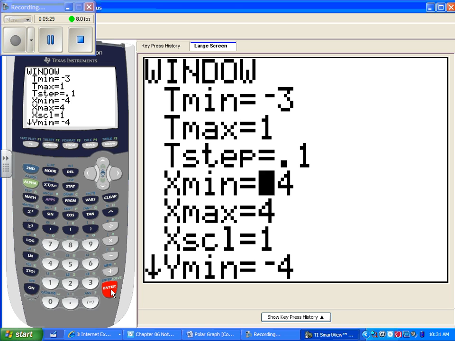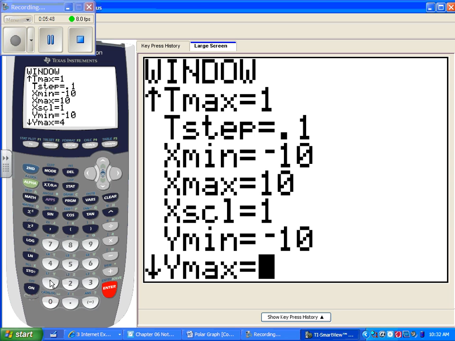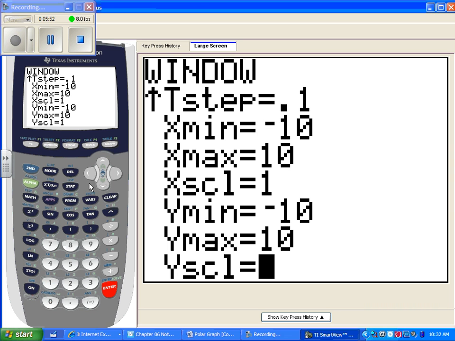Our x minimum and maximum is the same as it was before. We'll just start with a negative 10 to 10 window for the x values. A scale of 1 sounds fine to me. And then a y minimum of negative 10 and a y maximum of 10, just like the standard window is, and then the y scale of 1. Go ahead and graph that,